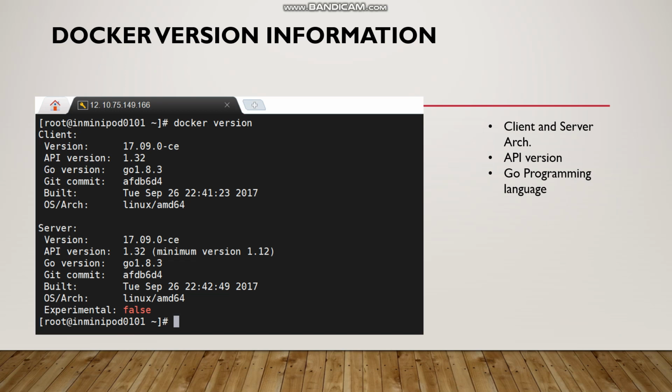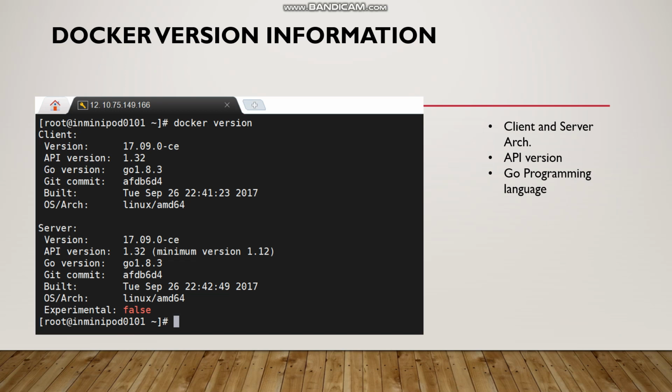Your API version basically defines what exactly is the API which the client is using to consume the server architecture of Docker. And Go version: since Docker is built upon the Go programming language, which is also known as Golang, Docker simply gives you the Go version it is built upon, as well as exposing it because you can use some primary language availability of Go in Docker. We will see that later on.